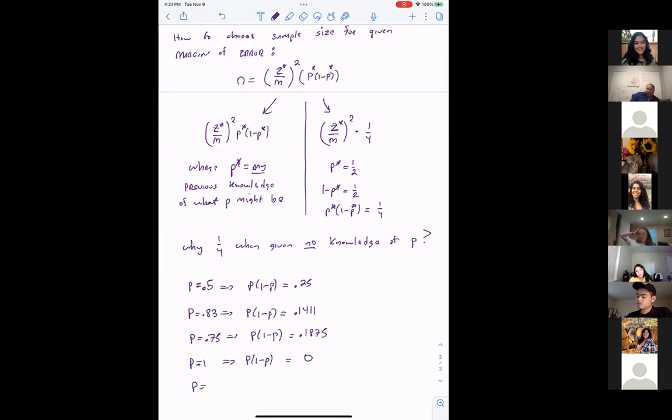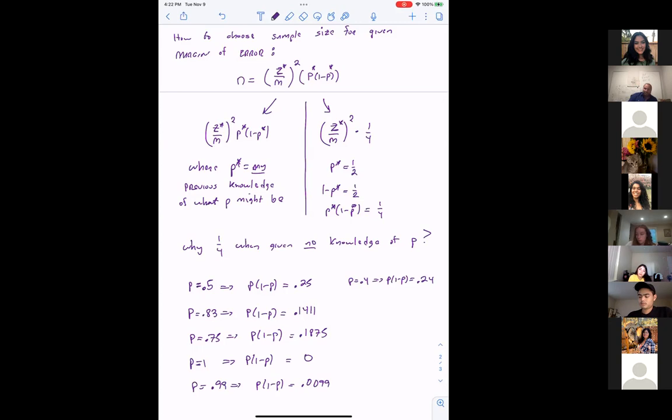Okay, I can't have a P of 4 since P is a percentage. So having P be equal to 4 will be kind of weird. 0.99. Okay, if P is 0.99, what is P times 1 minus P equal to? Give you a hint. It's 0.0099. How about if P is 0.4? What's P times 1 minus P equal to? 0.24. As you go through every one of the infinite possibilities for P and 1 minus P,